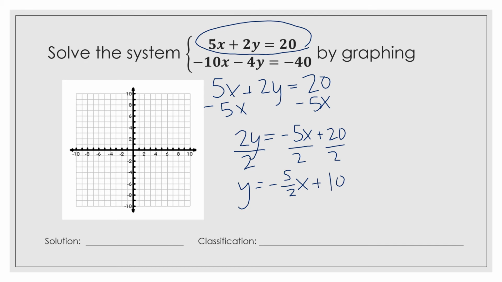Okay, so now we can go ahead and graph that. We're going to start at 10 because that's my y-intercept. And then my slope is negative 5 over 2. So we're going to go down 1, 2, 3, 4, 5. And then it's negative. So since I went down, I'm going to go to the right 2. Then down 5, right 2. Down 5, right 2. And then we can get one more point. Down 5, right 2. And then my line